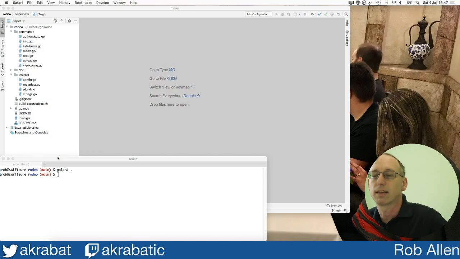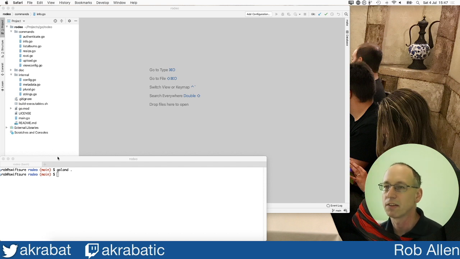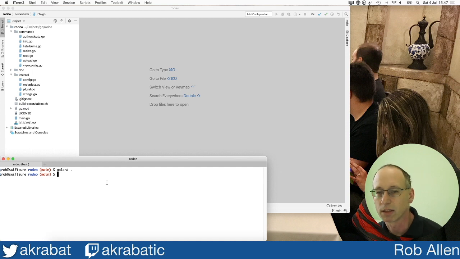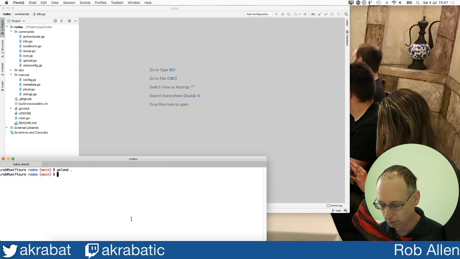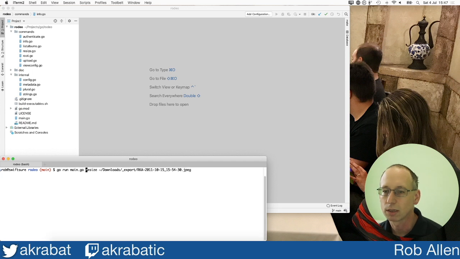And what you have here is my screen. This is my terminal and the Rodeo directory, and this is GoLand, which is an IDE from the JetBrains people for Go itself. So to run my app, I can type go run main.go. The one I want is an upload